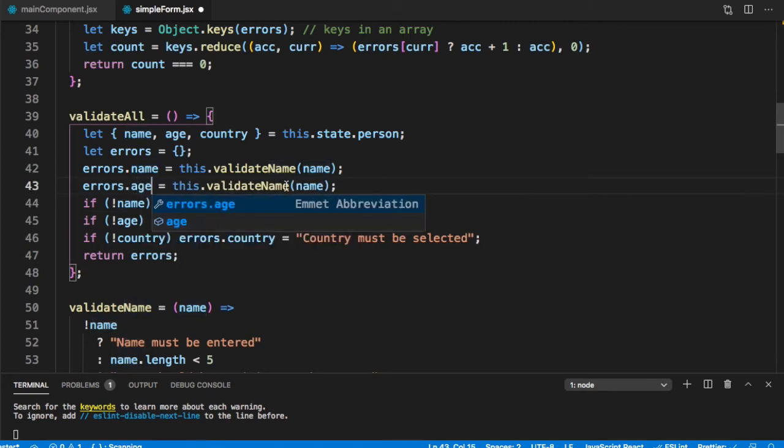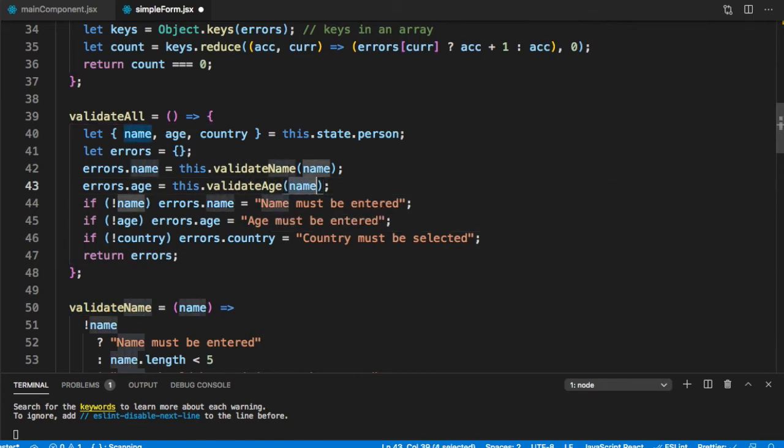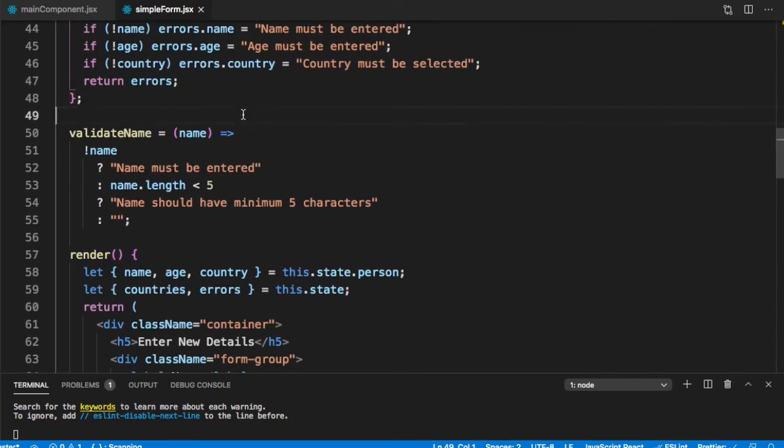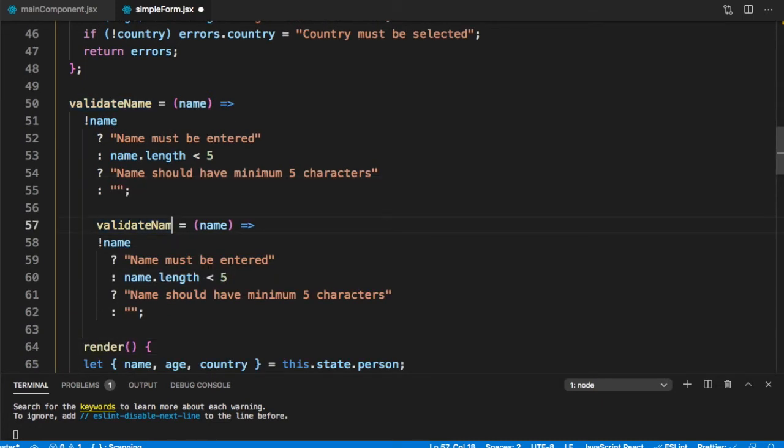errors.age is equal to this.validateAge, and we pass it the parameter age. Let's define this function. So I will just copy this. We need to define a function validateAge, which takes an age as parameter.